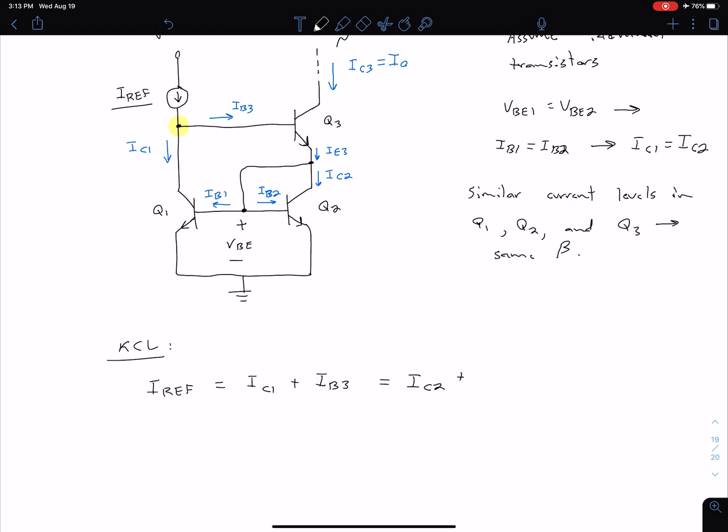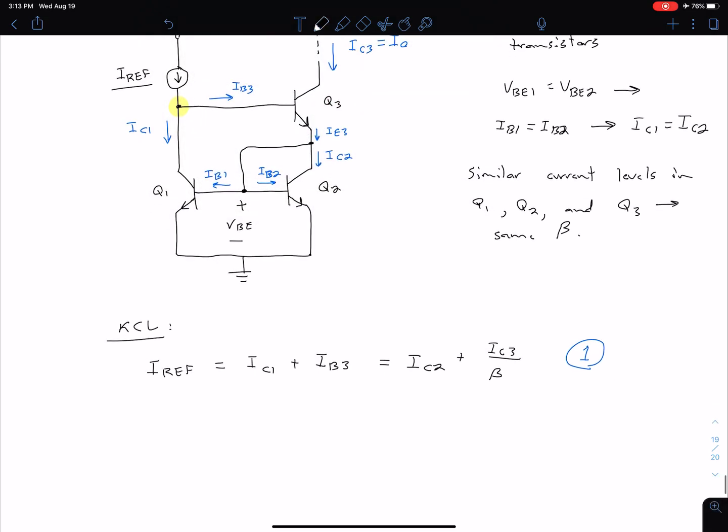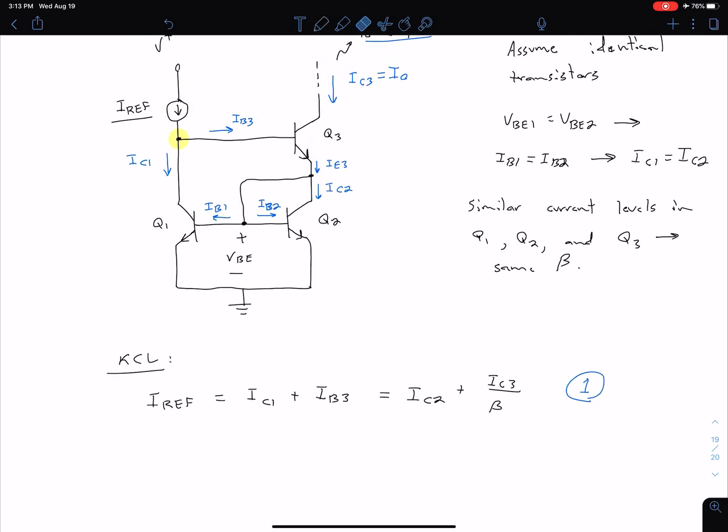And our IB3 we can write as IC3 over beta because, again, I've implicitly just assumed that these transistors are operating in our forward active mode. So we're going to call that equation 1. Okay, so now we can also do a KCL right here at this point, and we see that our IE3